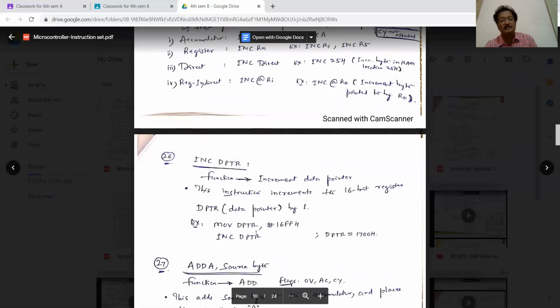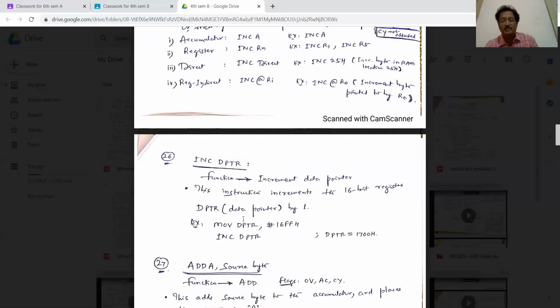You can use this in the program where you need not change the DPTR address every now and then. You can use INC in the loop also, and every time the address is going to be incremented, and you will have a better facility as far as DPTR addressing is concerned.